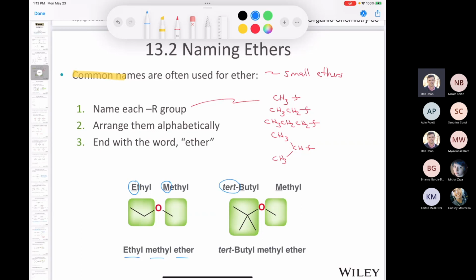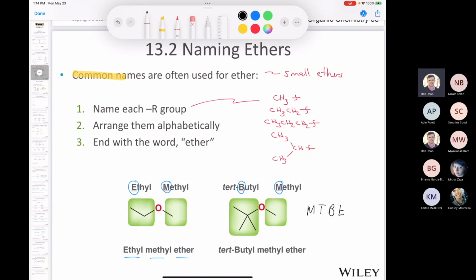Tert is not one of those prefixes, so we ignore it. And we alphabetize according to the letter B and the letter M. And so the name of this compound would be tert-butyl methyl ether. Just another word of note about tert-butyl methyl ether is that the acronym that people use for it oftentimes is